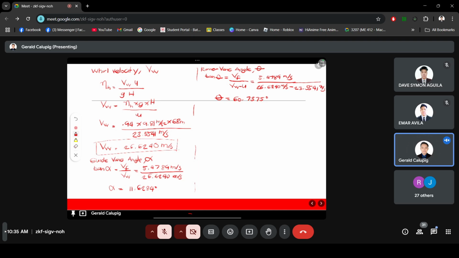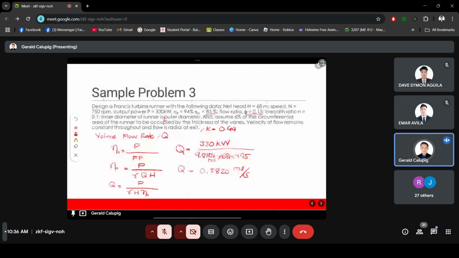So we can have our U relationship with the U over D is equal to U1 over D1. Since we have here the relationship of outer diameter to inner diameter,